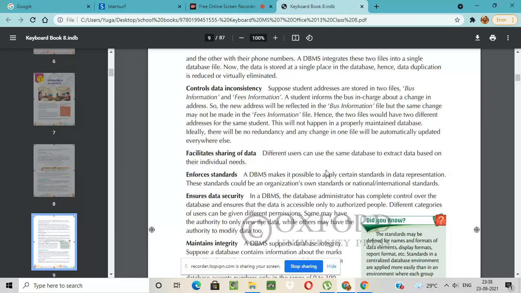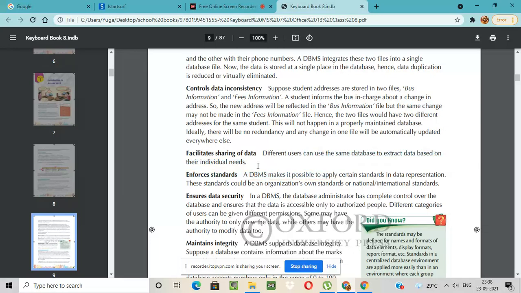Hence the two files would have two different addresses for the same student. This will not happen in a properly maintained database. Ideally, there will be no redundancy and any change in one file will be automatically updated everywhere else.